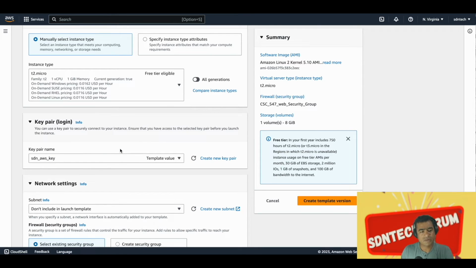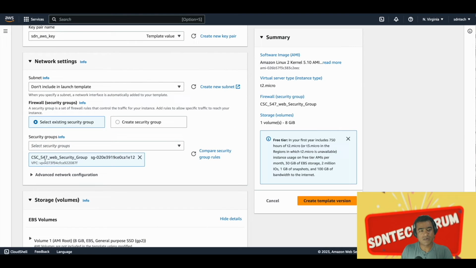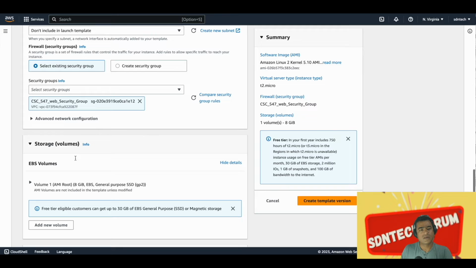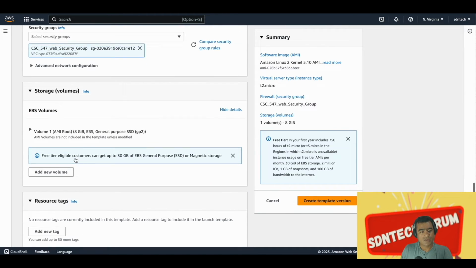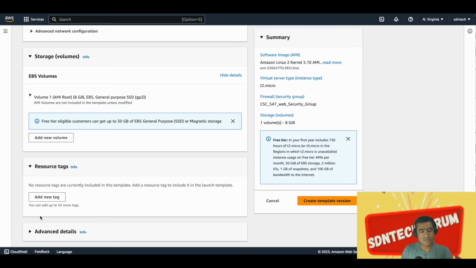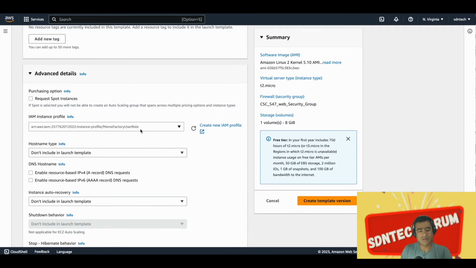Then you can see we have the SDN AWS key. Also, we are attaching a security group, and there is a subnet, etc. Then the advanced details, where we have the user role, the IAM profile created, and also within user data,